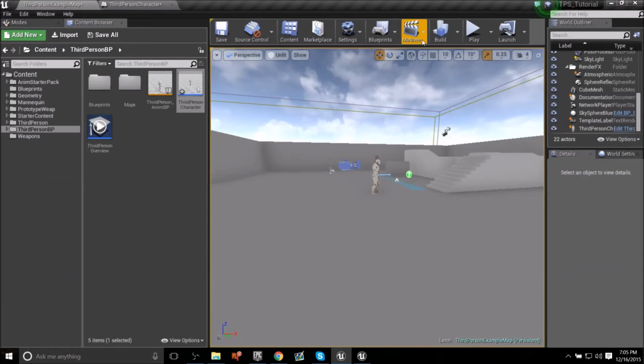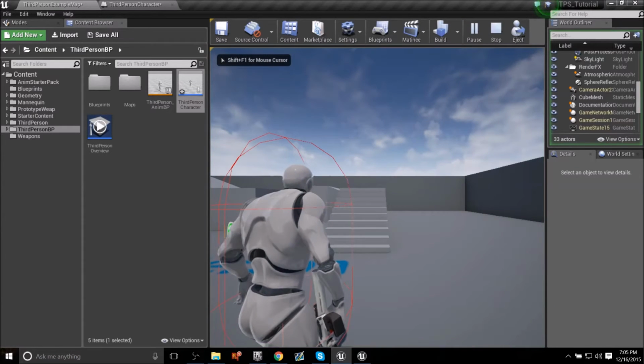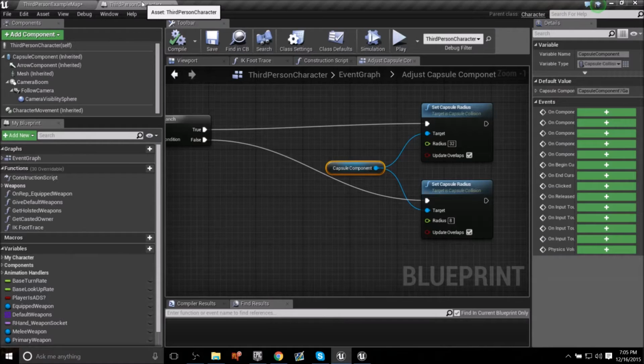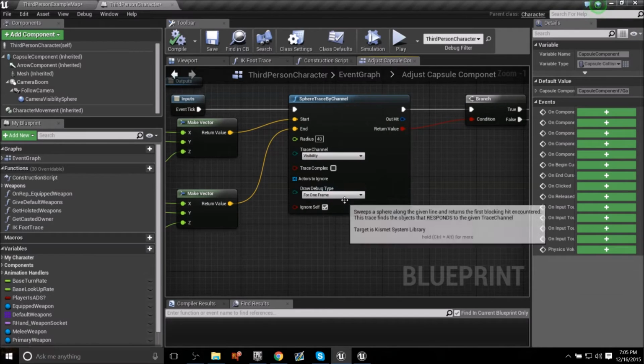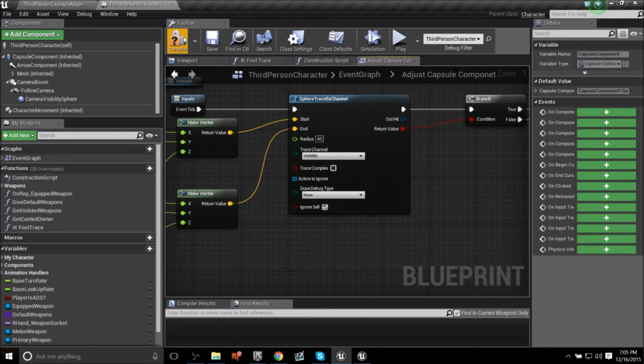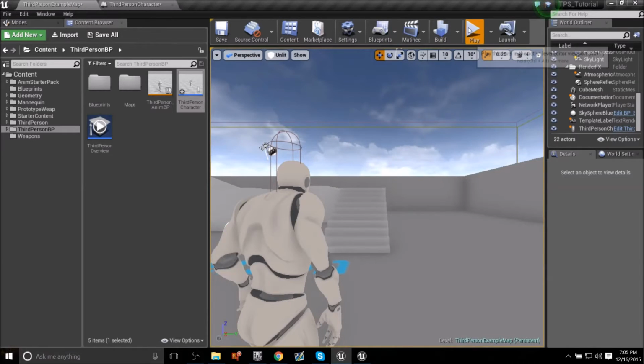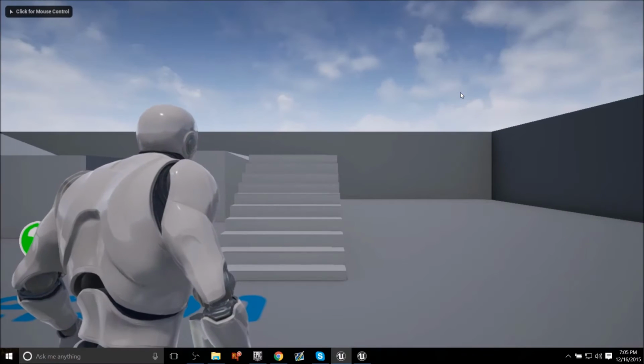Let's compile it. And if we play it, I'm going to get rid of that debug so I don't mistake that with the actual capsule I need to see. So let's put that back to none because we know our sphere is working for tracing. So now